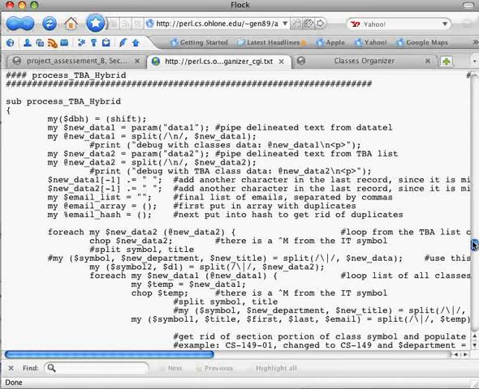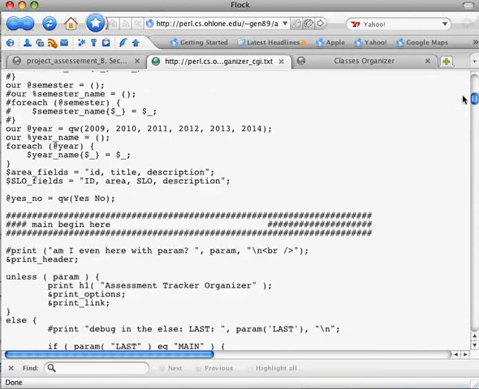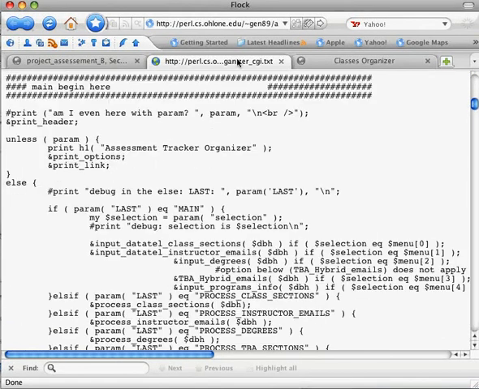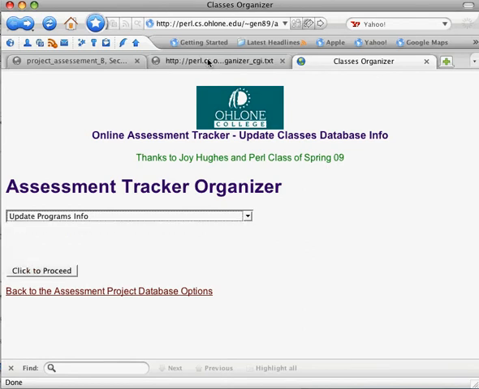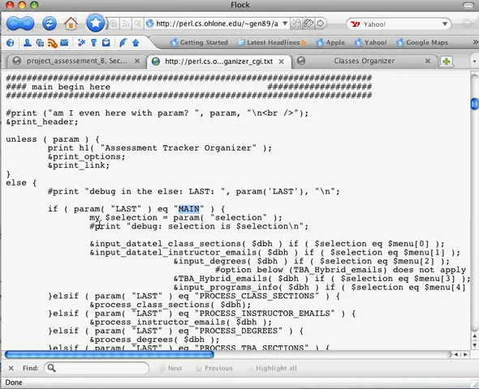And this is in case now. If it is coming from the form, then you see our field in capital letters, last. If that equals main, then we can check exactly which particular selection it's providing, and this is why we say